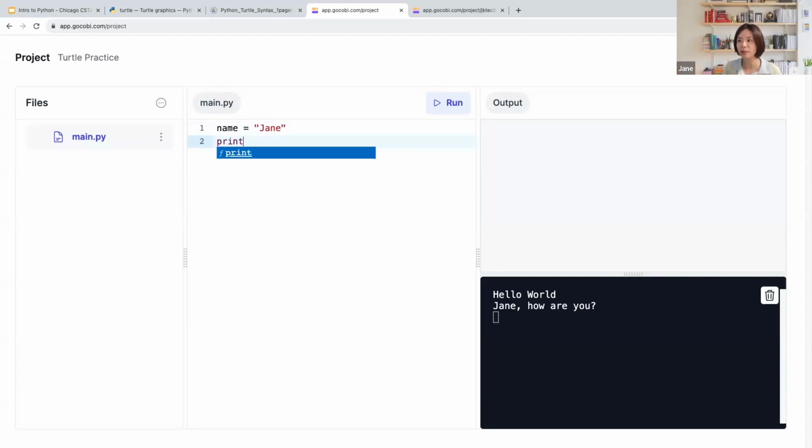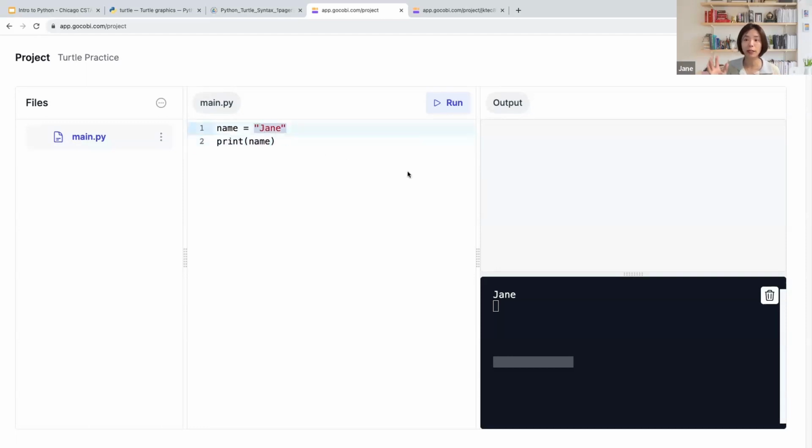And I can just simply say print name, and it's going to print Jane for me. Let me clear out the window, show you what happens. There we go, right? So I just created a variable and printed that out to the output window, but this isn't what we want. We want to get somebody's input and use that to respond, right? So this is what we're going to do. We're going to modify the code, and instead of hard coding in Jane, we're going to tell it, get the user input. And that command is simply input,